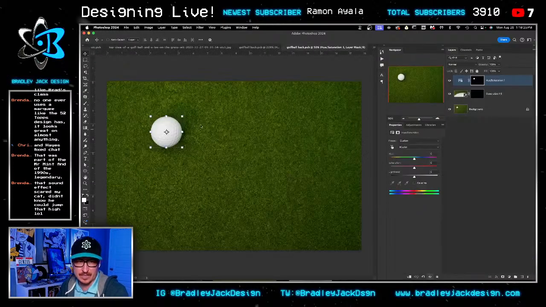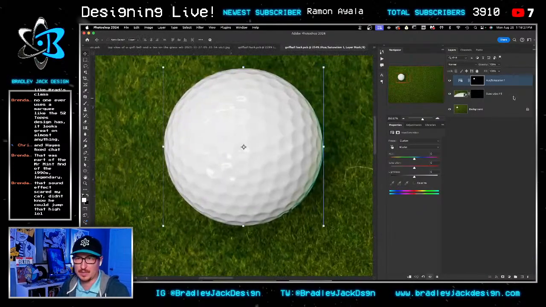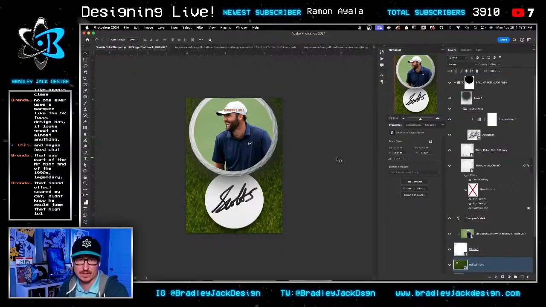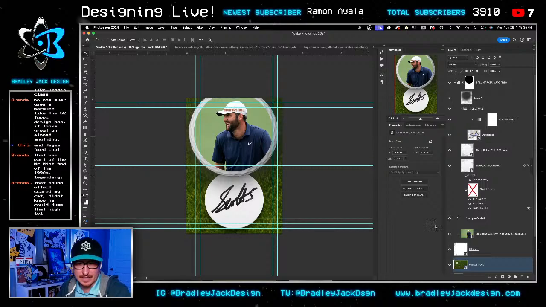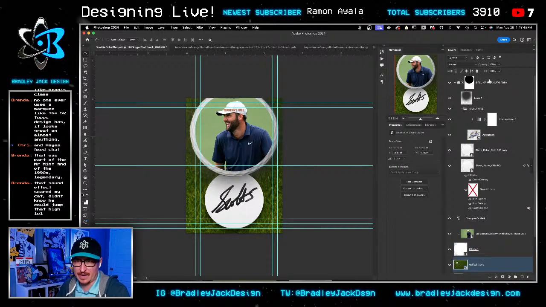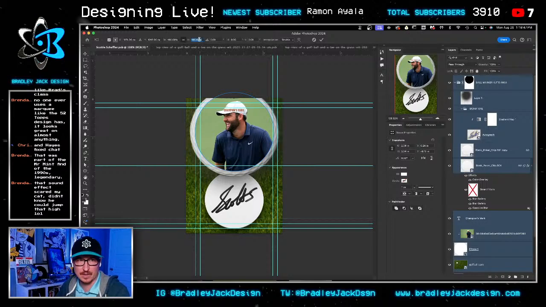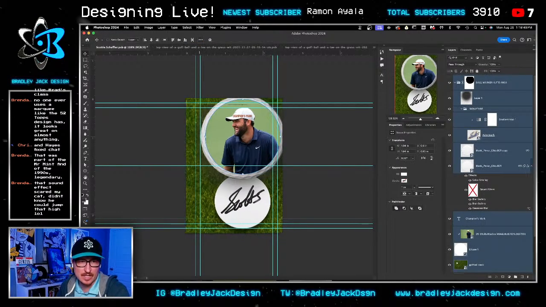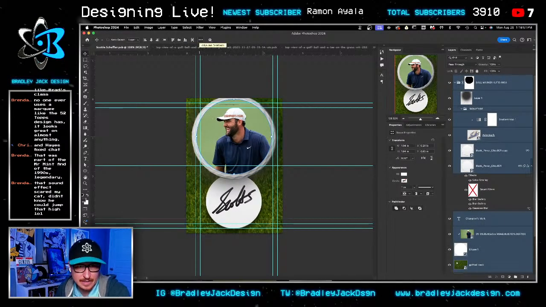Now, do we want the other side of this golf ball to be green as well? Probably not. So I can probably just take hue and saturation and just go down all the way and save it and go over. Now we have a white golf ball that is not directly in the center. And we need to move that over so it's in the center. And I think what we're going to do is we're going to make everything smaller. Make it 95%. The reason being is